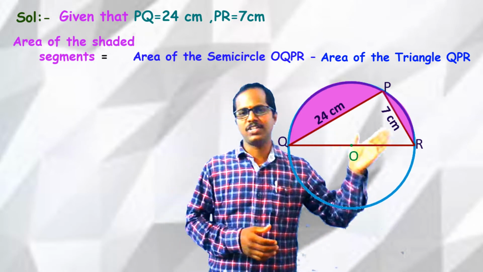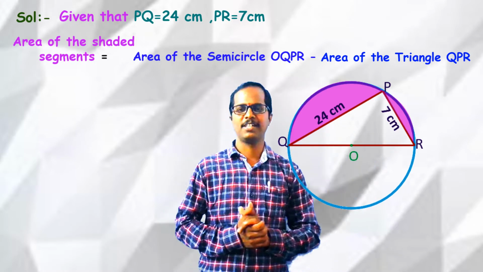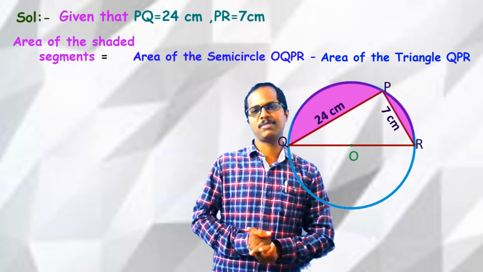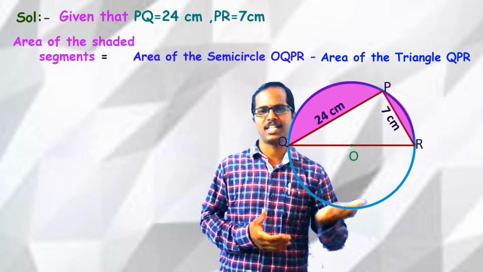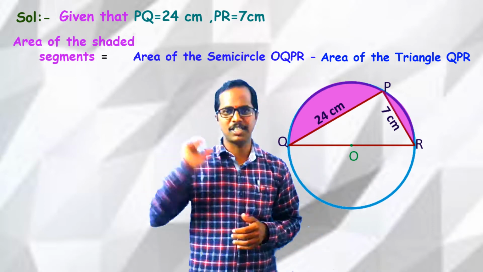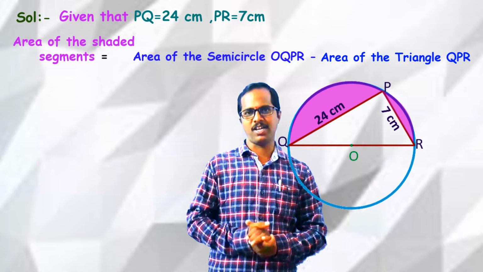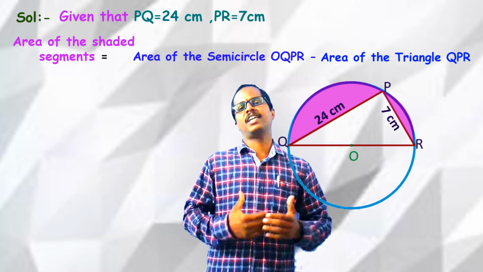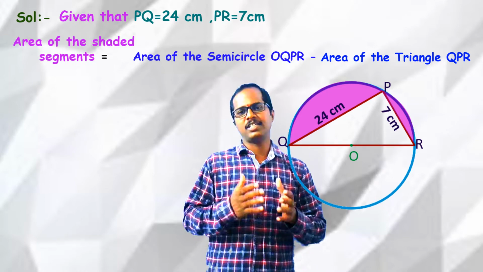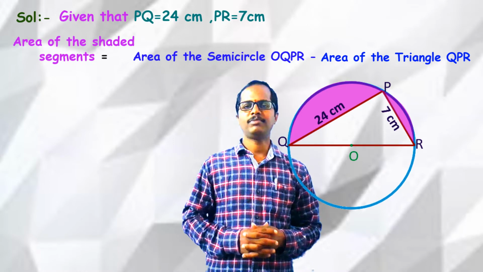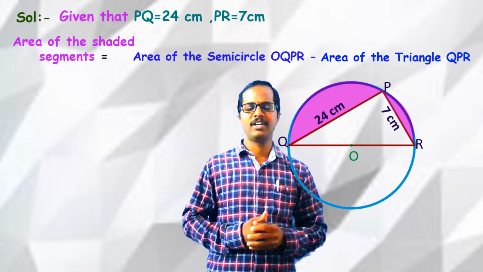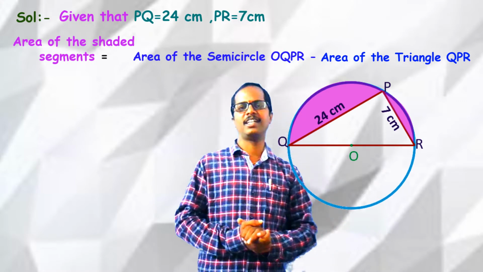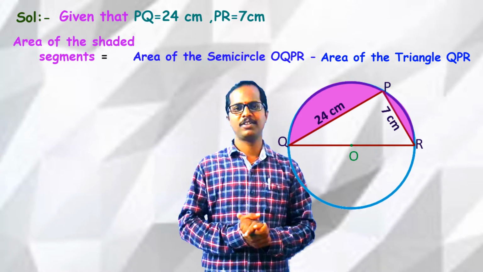So for this, first we need to find the area of the semicircle. So what is the area of the semicircle? Half of pi r square. Since the area of a circle is pi r square, therefore the area of the semicircle is half of pi r square. So to find the area of the semicircle, what are the details that we need to know? Simple, it is enough to know the radius of the semicircle. Now do we have the radius of the semicircle here? Is it given? Observe.